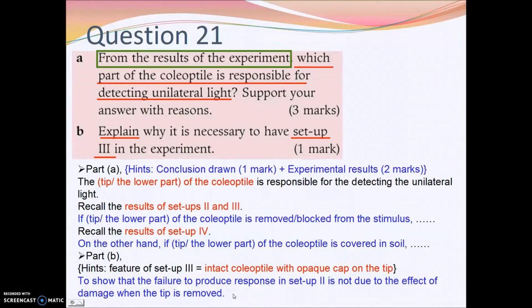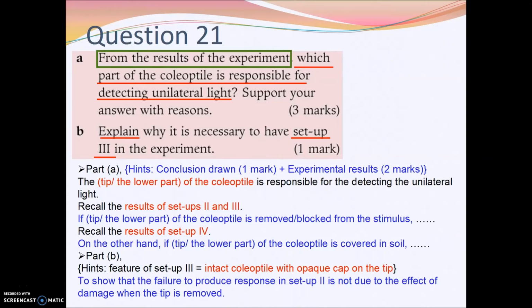Remember that in the whole experiment done by Darwin, there are two conclusions. One conclusion is that the tip is necessary for growth, and the other is that the tip is sensitive to the unilateral light. So somehow, it refers to part A as well. Some people will challenge you that the tip is not that necessary, or not that sensitive